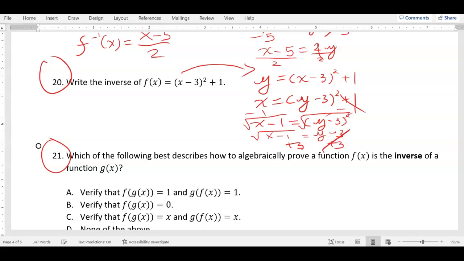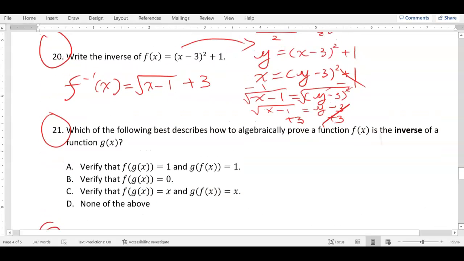These cancel out, and I'm left with my final f inverse of x is the square root of x minus 1, and then the plus 3 has to be after the square root sign. You do have one of those on your test, so make sure you know how to do that. You're going to have one like 21 as well,